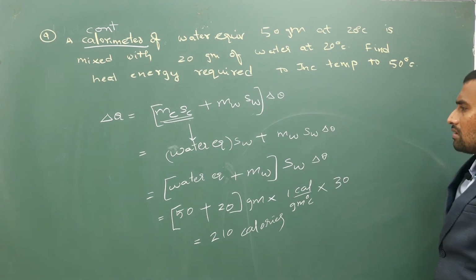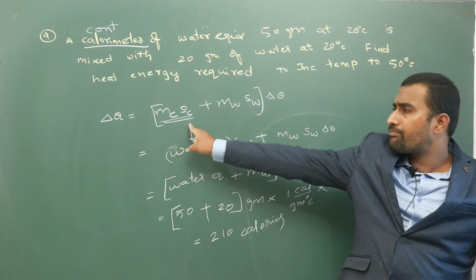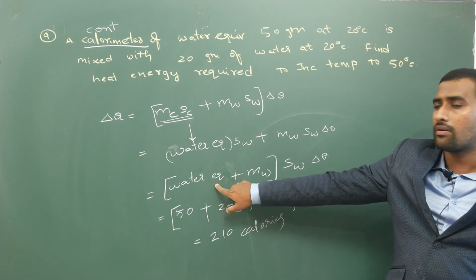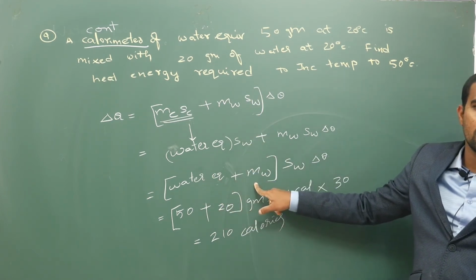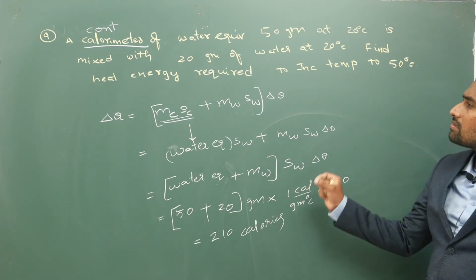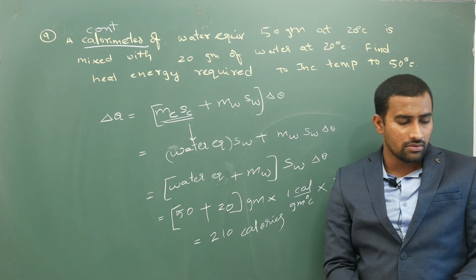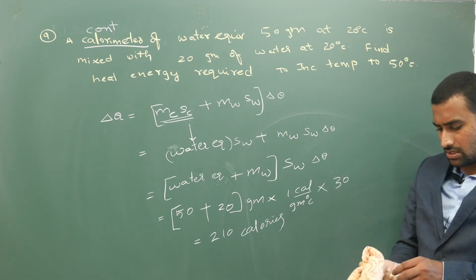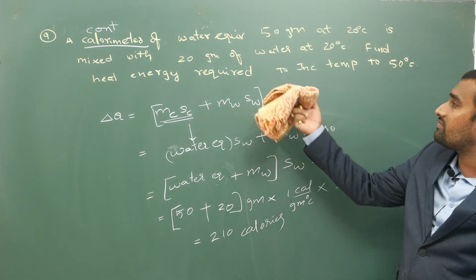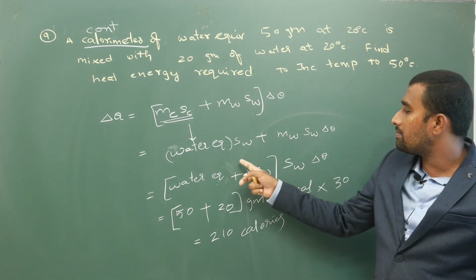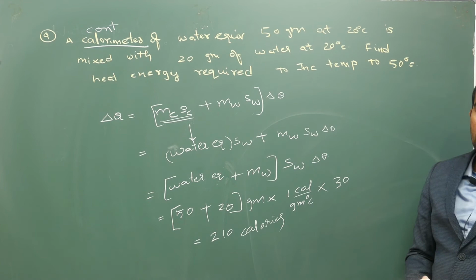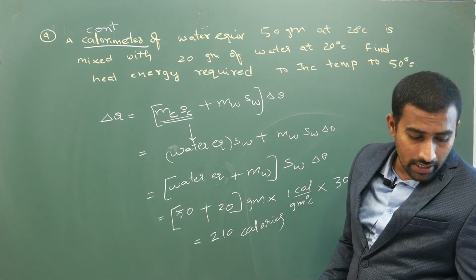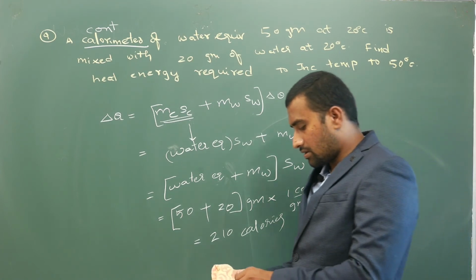So I have written this step only to explain, but those who have understood can directly go for this step. Your water equivalent is nothing but that much amount of water you have, and you don't need to substitute the specific heat capacity, because without knowing the specific heat capacity of that container, you will not obviously be able to solve this problem. So this is how you are going to do water equivalent. Now let us continue further.